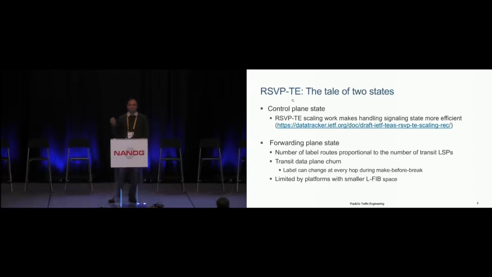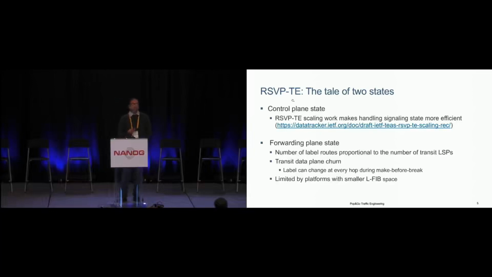We send soft state messages in RSVP. Now the draft proposes you don't have to send them all the time, but every 20 minutes or so, so you don't have to be very chatty. It makes a lot of improvements in the signaling aspect. And if you look at the forwarding plane state, it's always directly proportional. If you have 10,000 transit LSPs, you actually have 10,000 labels in the data plane. So there's a one-to-one